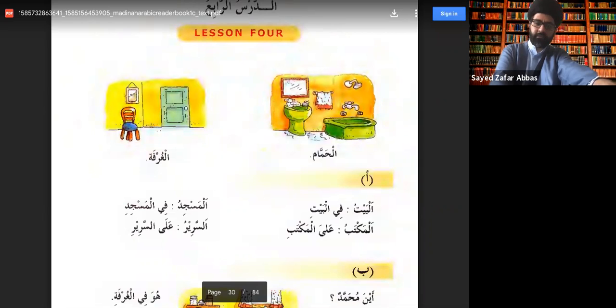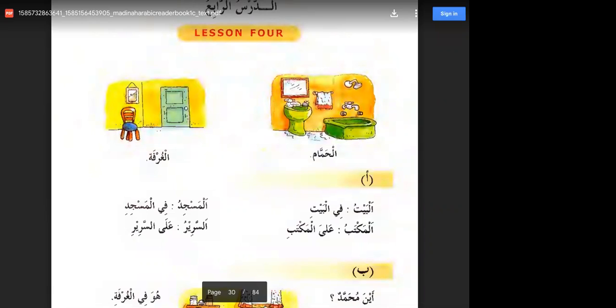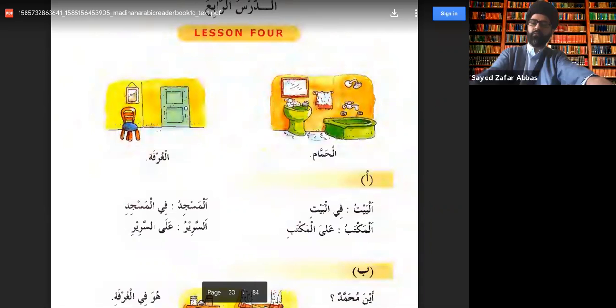The other thing that we're being introduced to is pronouns. In English we also have pronouns. They're called he, she, and it. In Arabic, there's a slight difference, and that is that in Arabic the pronouns are either he or she. Even for things that in English we would use it, in Arabic there is either he or she. So there's no it in